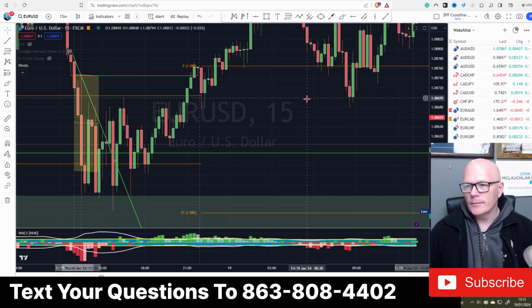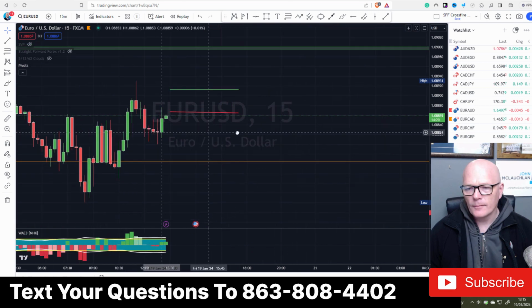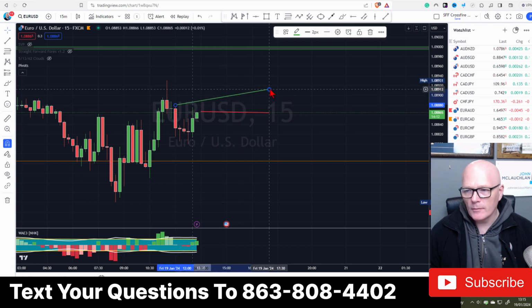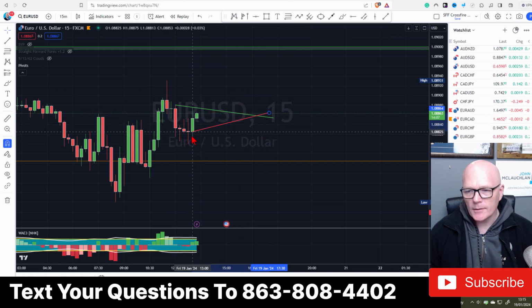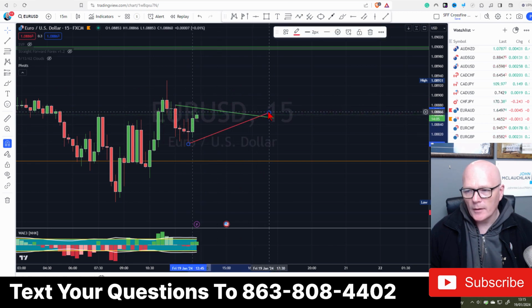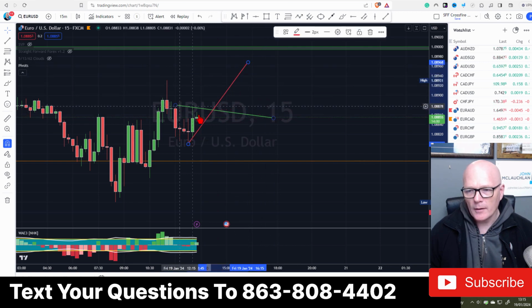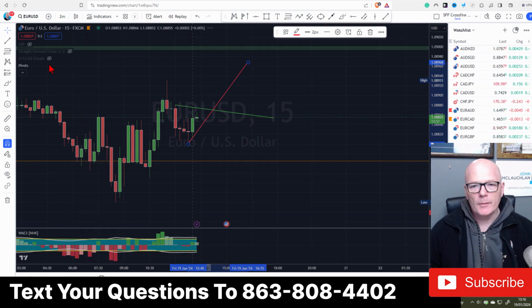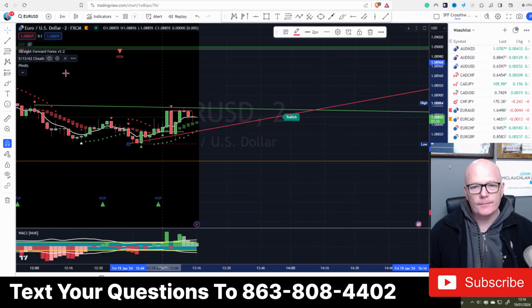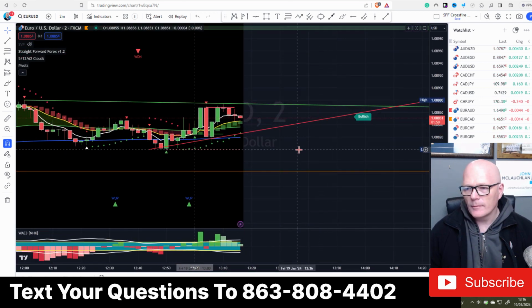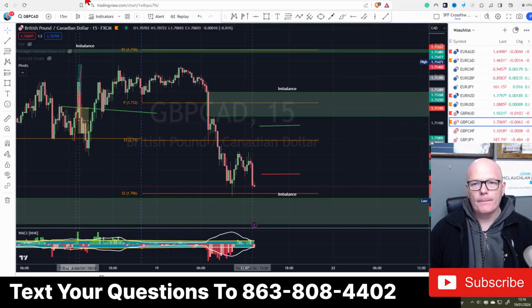Right, Euro USD. The higher high next to this one is a red candle. Put the magnet tool on so we get that snappage going on. The lower low is the red candle next to this one, bottom of the wick. And all we're going to do is put that trend line to the bottom of that 1300 wick. There we go, that's it. So 2 minutes, there we go. And we're ready. Okay, GBP CAD.